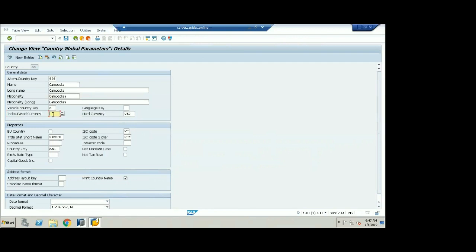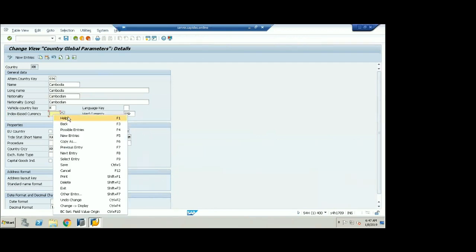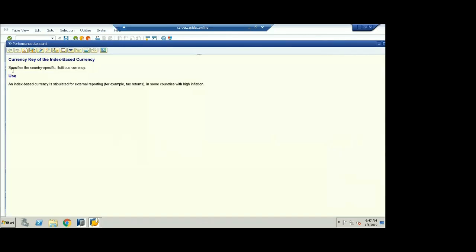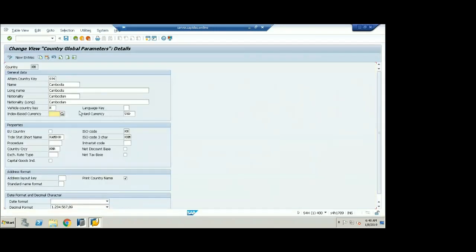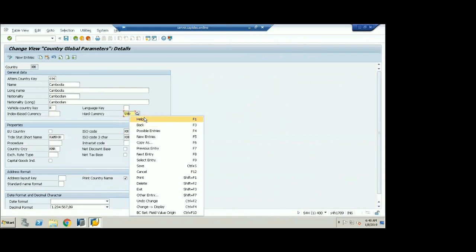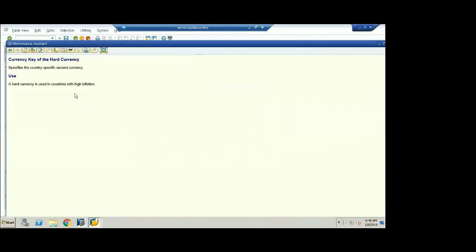If you want to know what the index-based currency is, type F1: specify the currency for the index-based currency. The index-based currency is stipulated for external reporting purposes for tax returns. In some countries with high inflation, for those countries you can use the index-based currency. So the hard currency is the currency I can use for internal reporting purposes with high inflation.